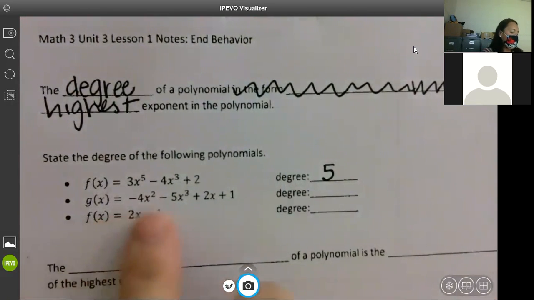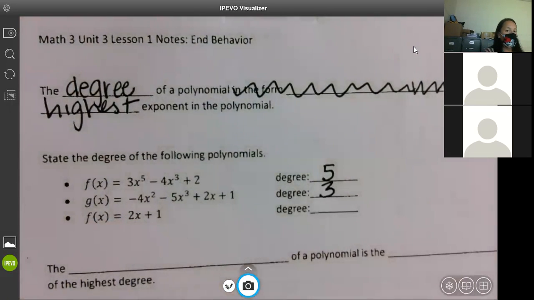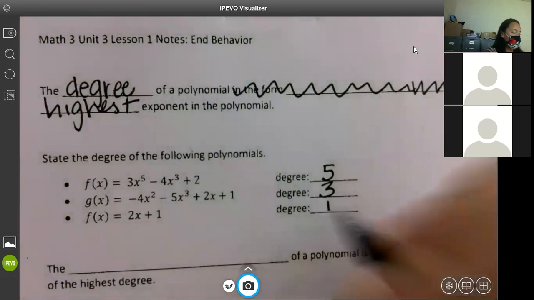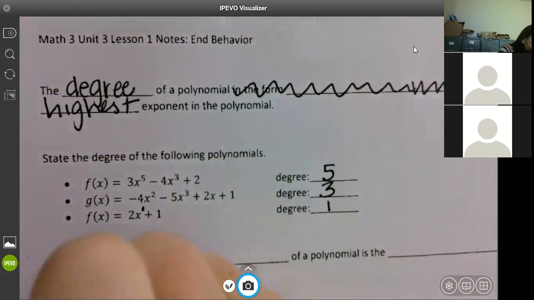The next one, what's your highest power? 3. And then the last one, what's your highest power? 1. It's just a single x. Remember, they don't ever write it. It's just an understood 1 there. Okay, so that's degree. The leading coefficient